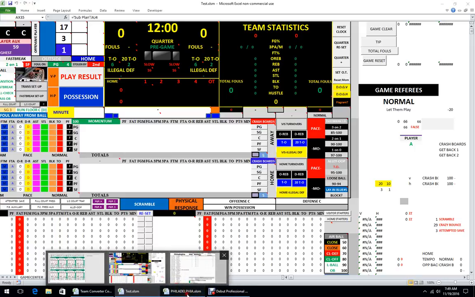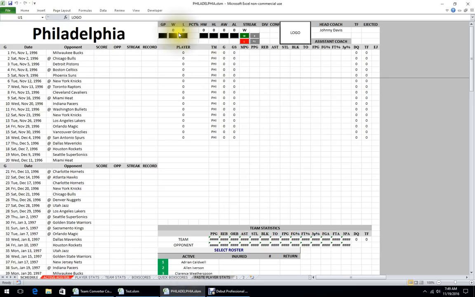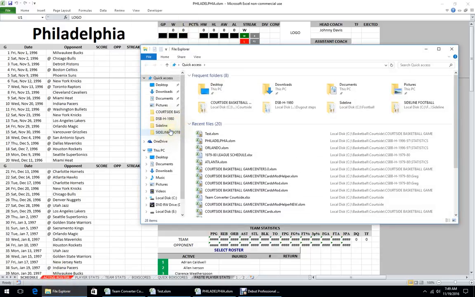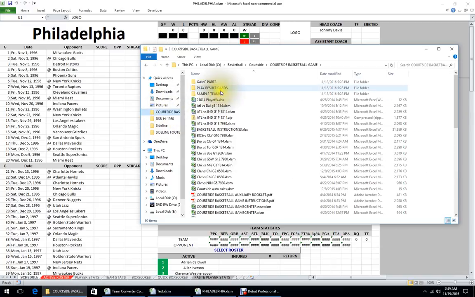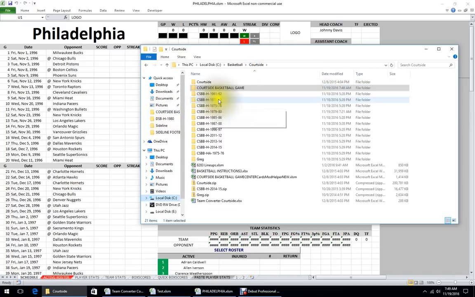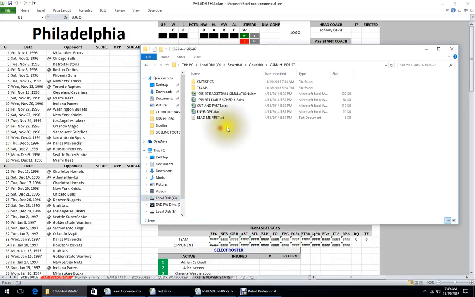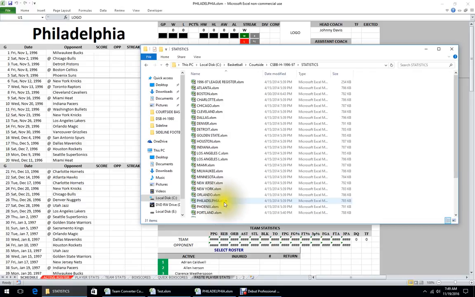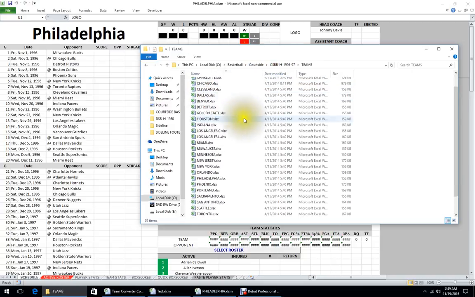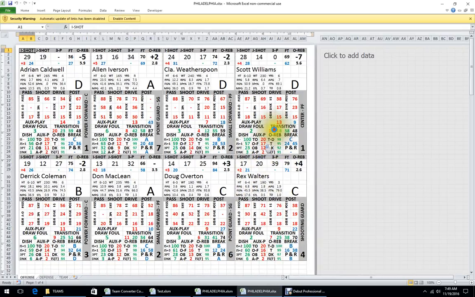We'll start with setting up the team sheet. This is all found in your Courtside basketball team year folder, and this is 96, 97, and this is the statistics sheet for Philadelphia, and that's the team I'm going to walk through. So we'll have that open. Then I'm going to go back because I'm going to need the teams. We'll open up Philadelphia,